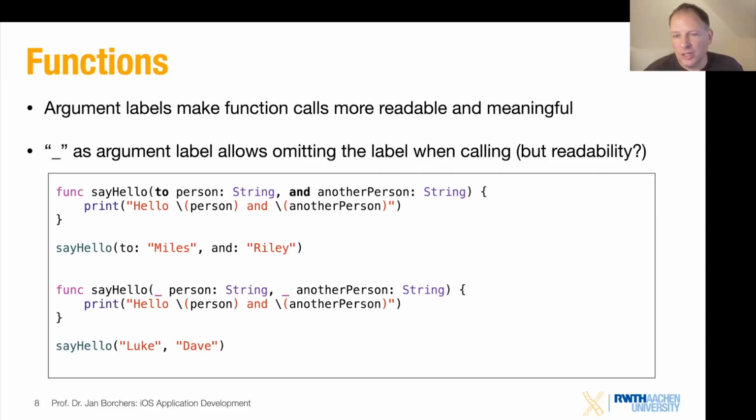When would you use this? Well, when it is 120% clear what your parameters mean, or what your single parameter means, and you're not concerned with this. So open URL and then comes a string, and then everybody knows that's the URL. It doesn't make sense to call this open URL and then URL colon, right? So you could drop that, and then everybody understands from the context what you're doing. But use it sparingly. Only use this when you really think this is the best way to write your function, and you really don't need that explanatory label or original parameter name there.